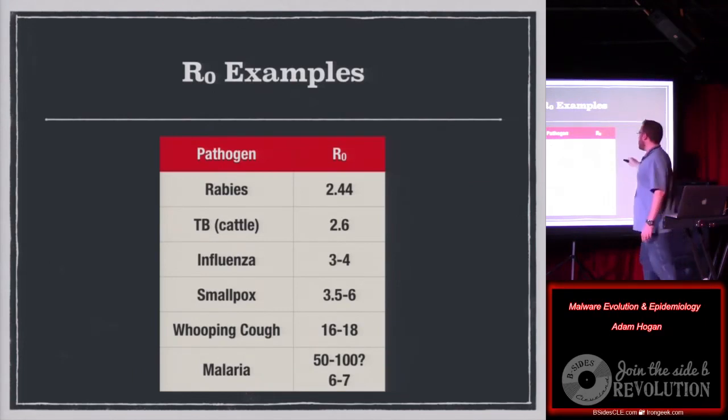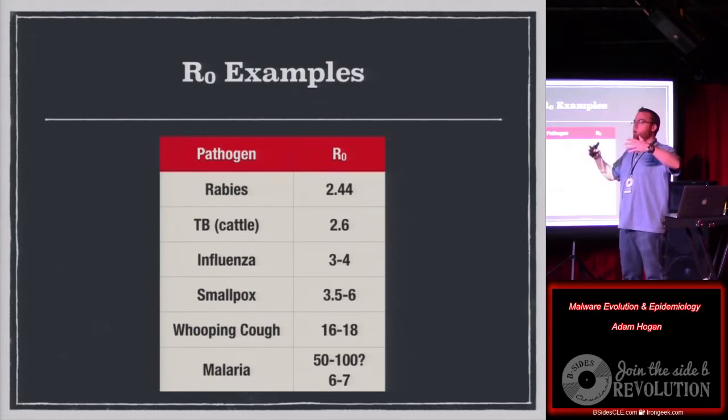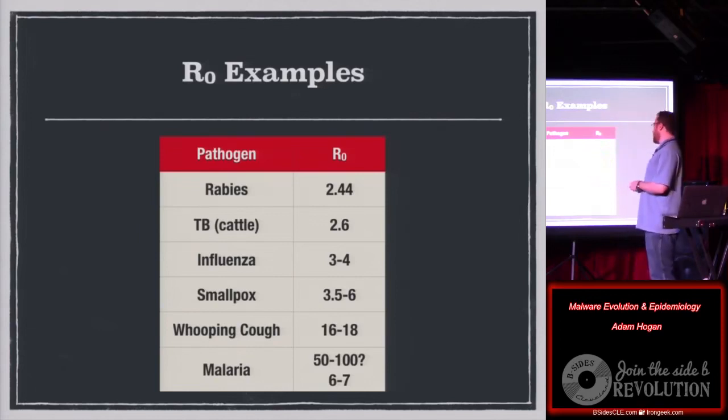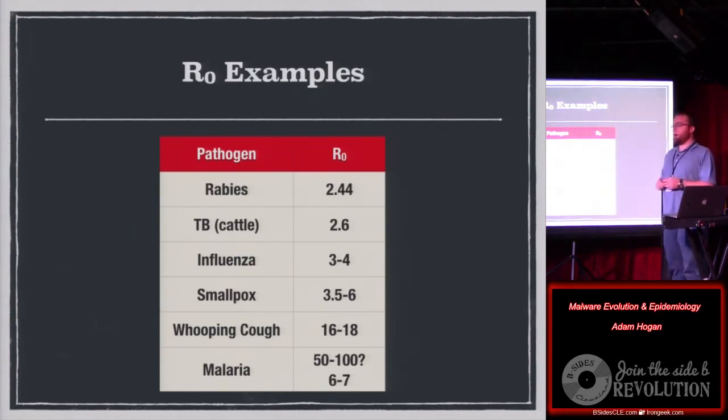Farmers will look at this number, and I forget the formula off the top of my head, but from the R value they'll determine how many cattle they can keep together, right? If you know a disease spreads so fast, then what I need is smaller and smaller groups of my cattle so that it can't spread very fast. It's actually called herd immunity. If you can inoculate every one of these cows against the disease, great. But it's often expensive, and a lot of times they don't have those cures. So if we isolate them enough that the contagion will die out on its own, we can do it that way, right? Now, I don't know if a botnet will necessarily die out on its own, but